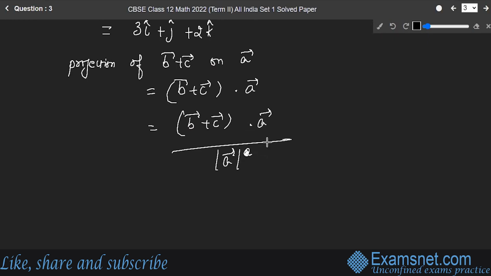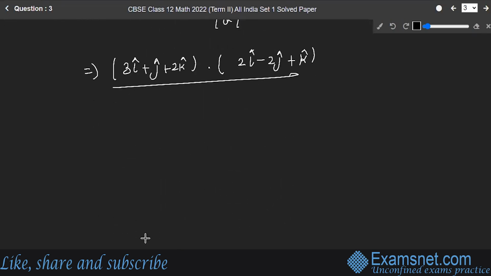Hope you are clear with this. This was a unit vector, not the a vector itself. Okay, so what was the b plus c vector? This was 3i plus j plus 2k. The dot product with the a vector, which was 2i minus 2j plus k,